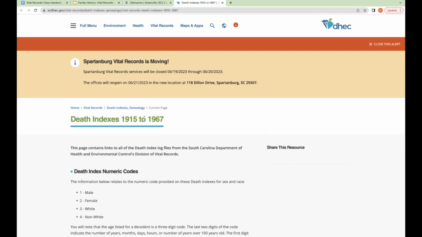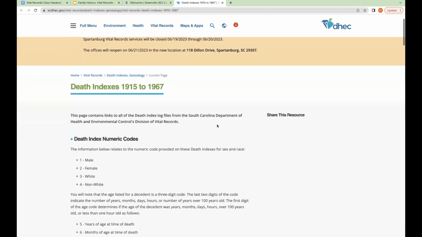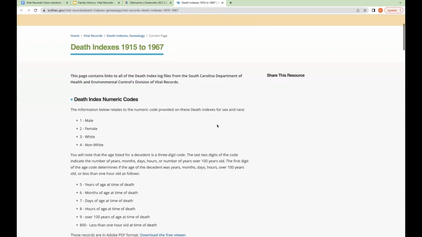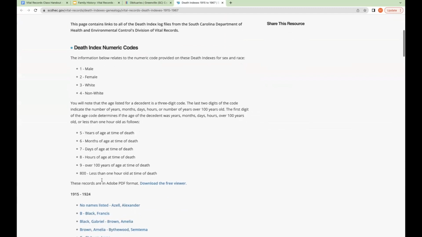and this page still says 67, but they do have more than that because of the 50 years. They now have added more, but they haven't changed this. But there is a way to search the index online, so you don't have to be on Ancestry or anything like that. You can access this anywhere. And to do this, they have some codes that you're going to see on the death indexes. So you may need to refer back to these codes, and we can show it in a minute so you can kind of see what I'm talking about.